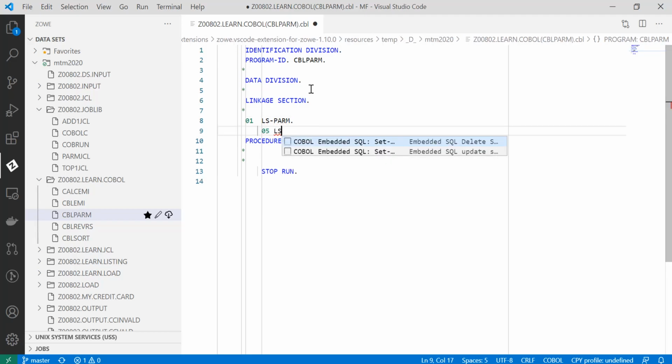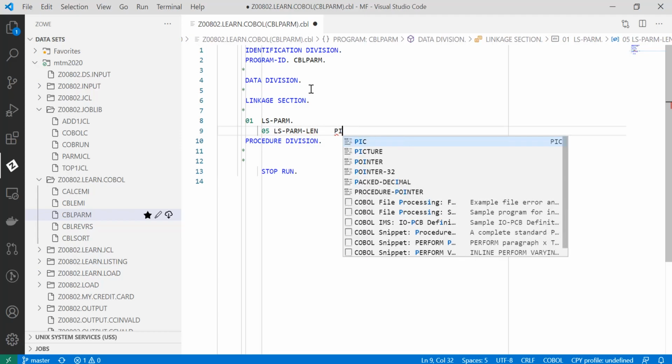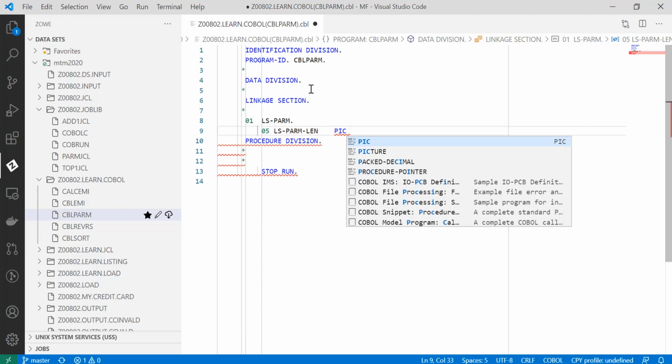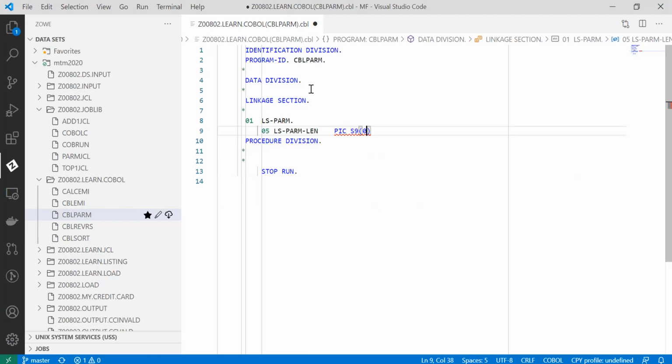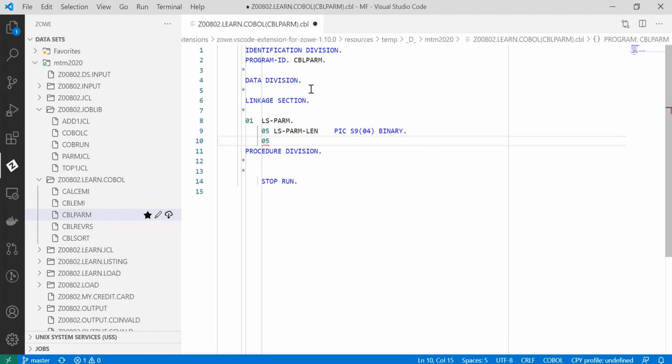At sub level, I'll define a PARM-LENGTH and a text value, or data value. We define a length and a text because the PARM string passed from the JCL is of variable length, so it becomes mandatory to find out the length. This would be of a binary structure. Then PARM-DATA. The maximum data that can be passed from a JCL PARM is 100 bytes, so I'll give 100 bytes here. It can be any data structure that you want, but not more than 100 if you are using a PARM keyword to pass input data to a COBOL program.